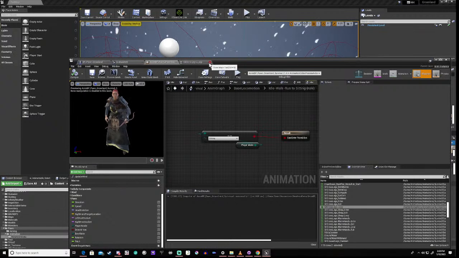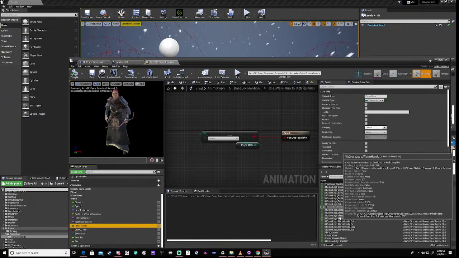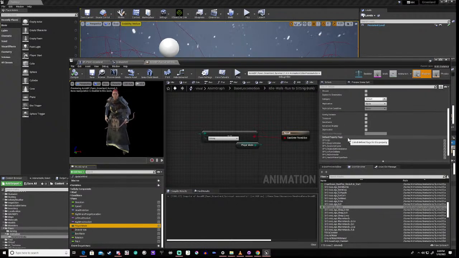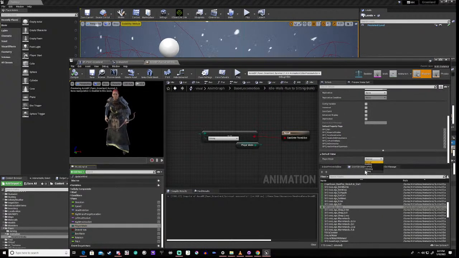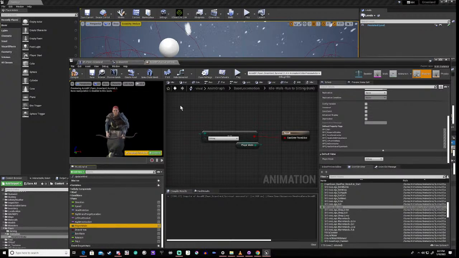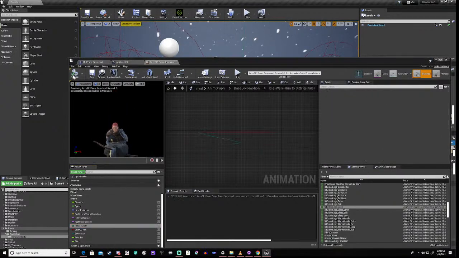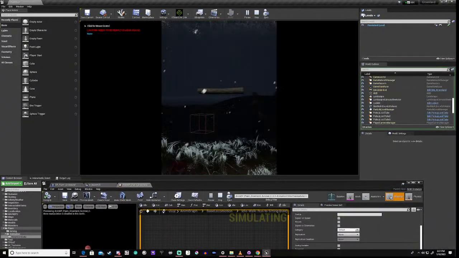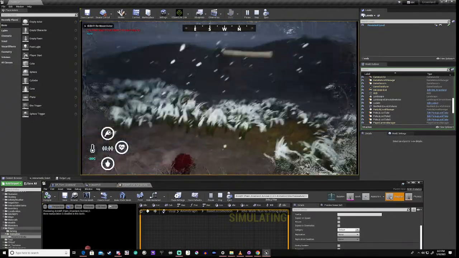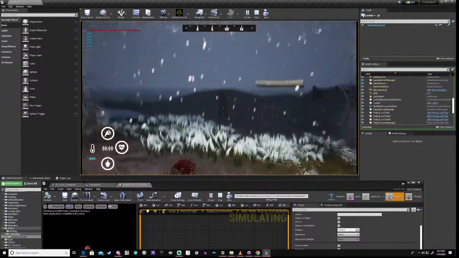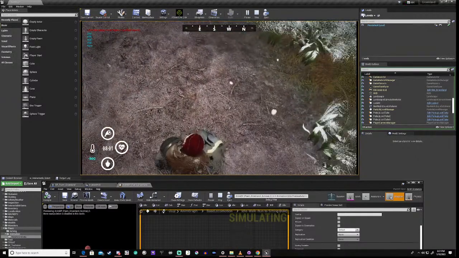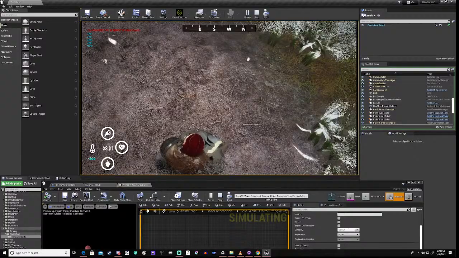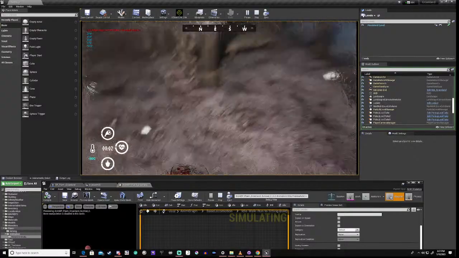What we need to do is in our animation blueprint, our default should be sitting. Okay. So now you can see that she's sitting. Okay, but